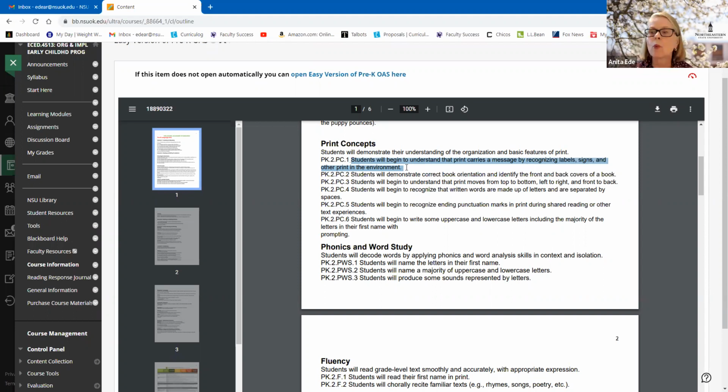Okay. So what you're going to do is rewrite that in language that you can assess, whether it's the major or the minor. And you're going to use my favorite word, identify. Students will identify that print carries a message by recognizing labels, signs, and other print in the environment. Because it's important that they recognize environmental print. That's the beginning of reading. When you say students can identify environmental print,